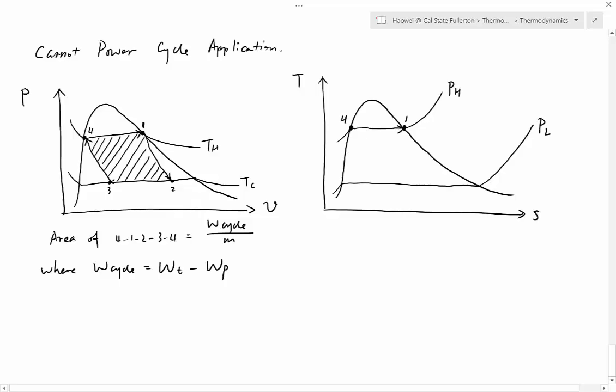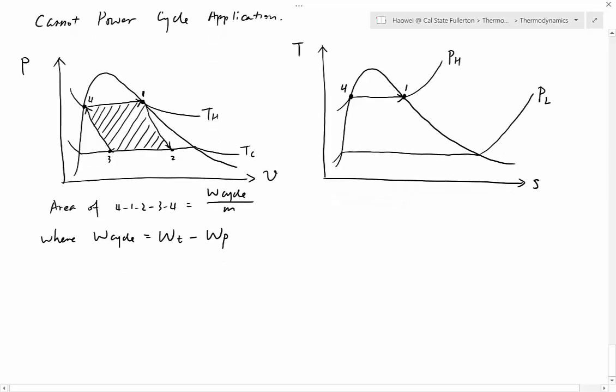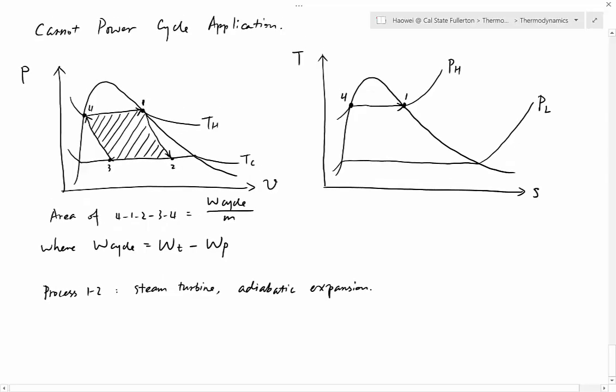The next one, let's sketch 1 to 2. 1 to 2 is the steam turbine. Let's recall process 1 to 2. 1 to 2 is the steam turbine, and the name of the process is adiabatic expansion. Remember the keyword adiabatic. And then don't forget, this is a